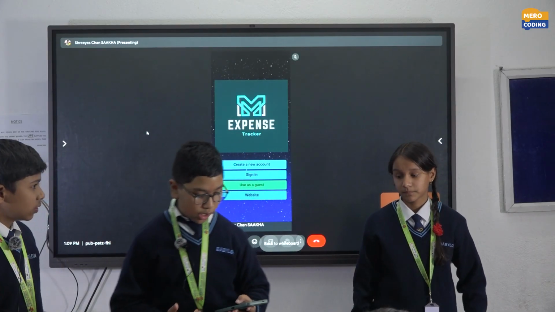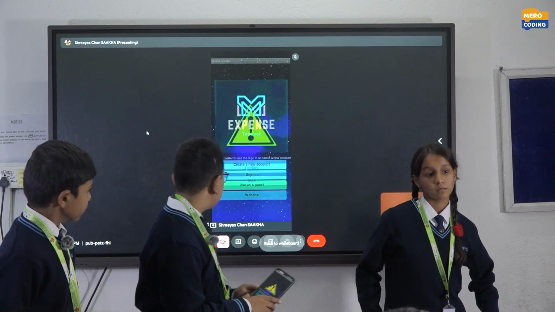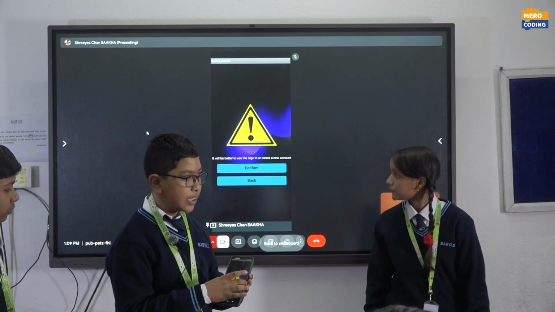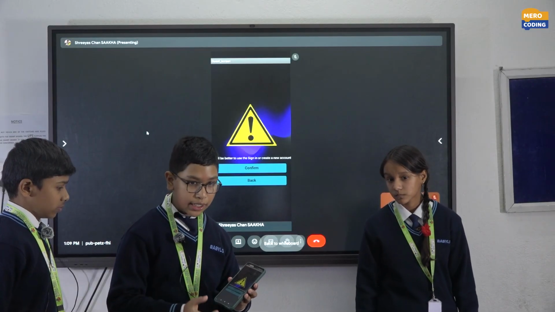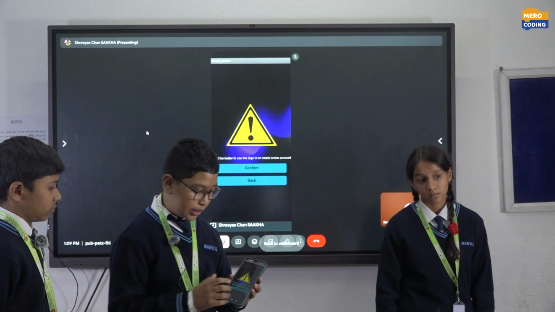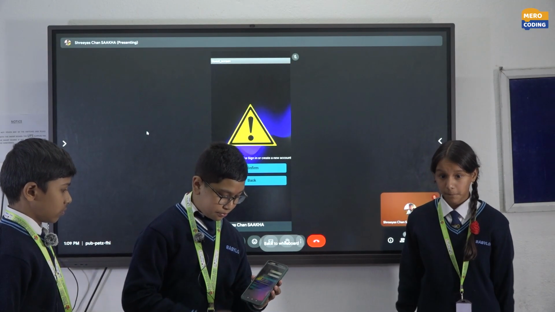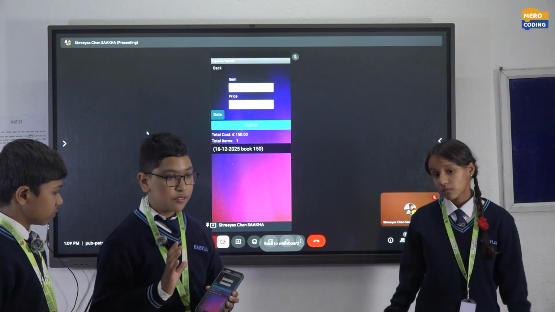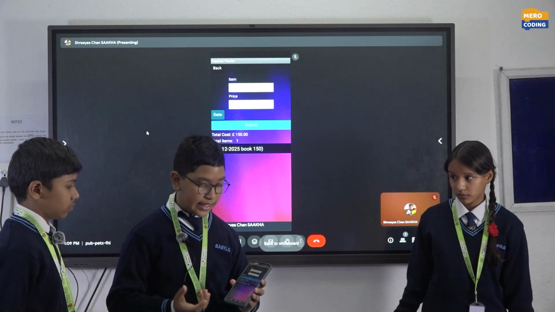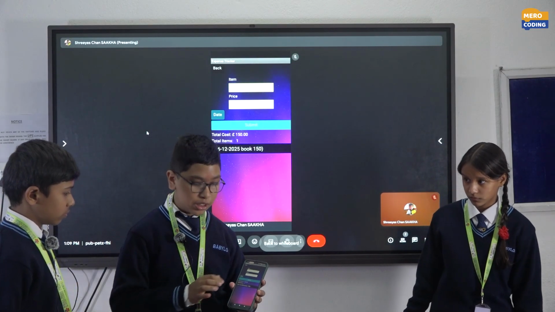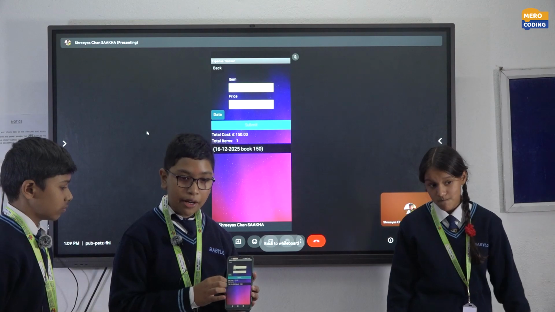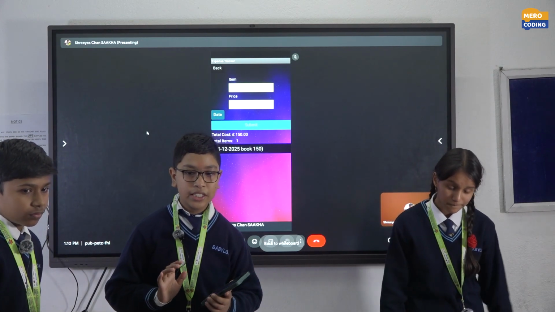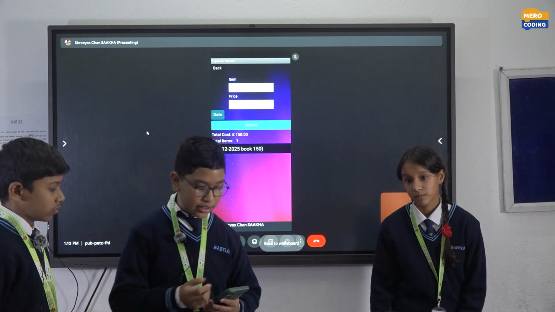So there's another option called use as a guest. It will show a warning first, because the data will not be saved in our database, but it will just work as usual. So let's hit confirm, and just like that, it's a normal one. But the different feature is that in the sign-in option, the data will be stored in our database, but in the guest account, it will not be stored in the database. So that is one difference.